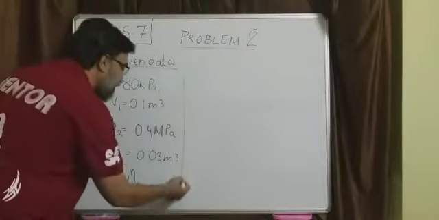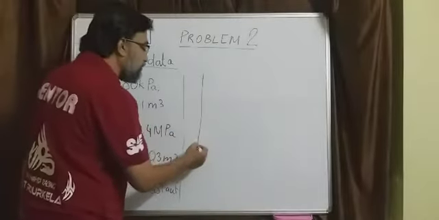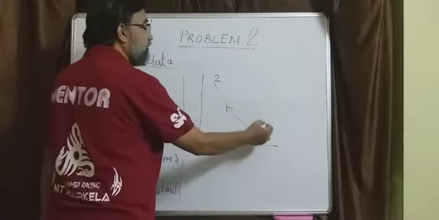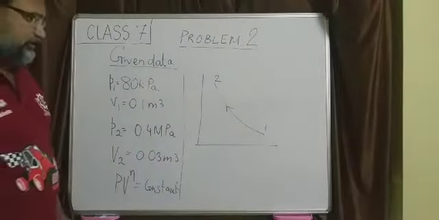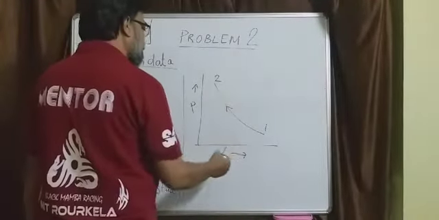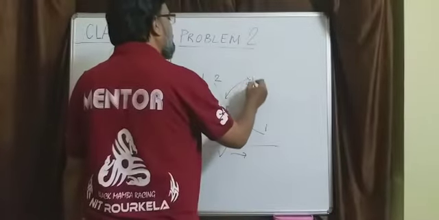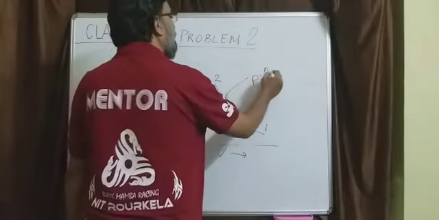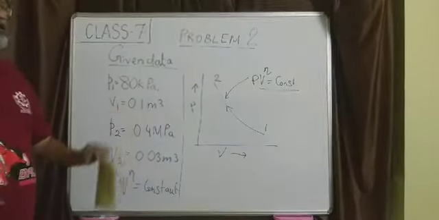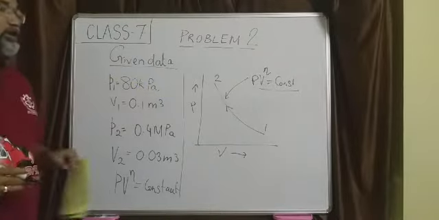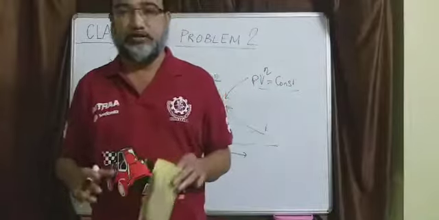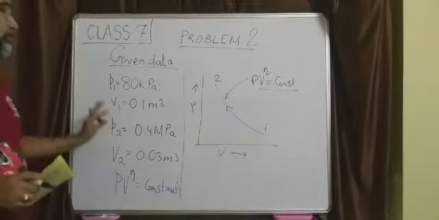Okay, and if we represent this process in the PV diagram, then this is a compression process. So pressure is increasing and volume is decreasing. So P in the y-axis and V in the x-axis. And this curve is represented by the equation Pv to the power n is constant, and n is the polytropic index, and this particular compression process is precisely a polytropic compression process. So this is the first thing that you need to do.